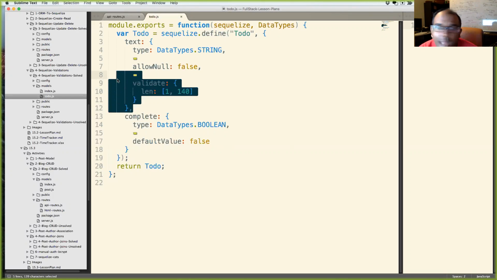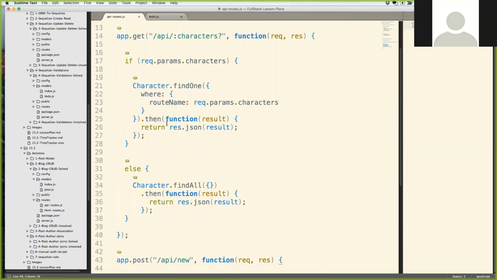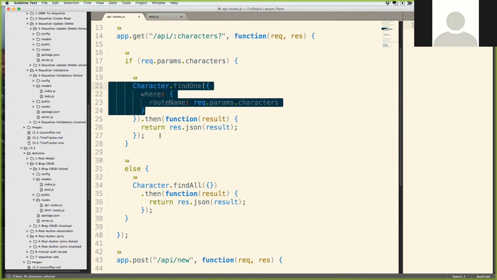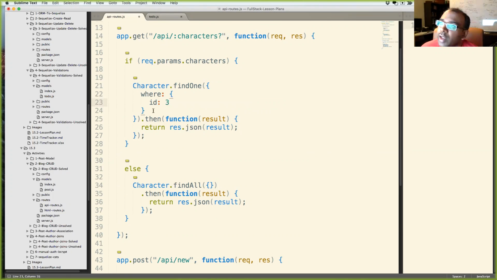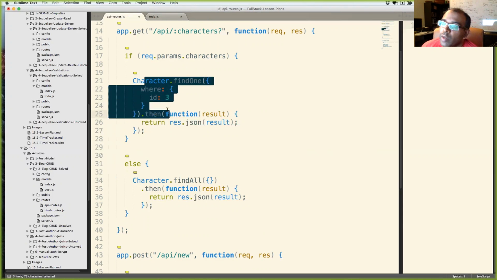So now, any questions about what I just went over? Also with find one, you typically use that with an ID. If you're using an ID on your table, you wouldn't use it if you had multiple instances of a person's first name, like John, for instance. Yes, so ID 3, right? So you would find only one. You wouldn't do this for find all. Excellent point, Mark. You could do this with a find all, but you're going to get the object back inside of an array, and then you have to go to the first element of that array. Whereas here, you don't have to do that. It's a little less work. You just get one object back.